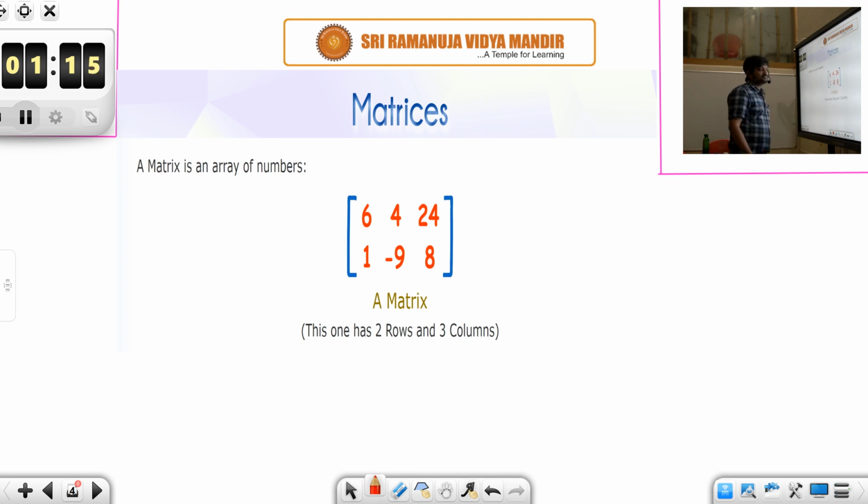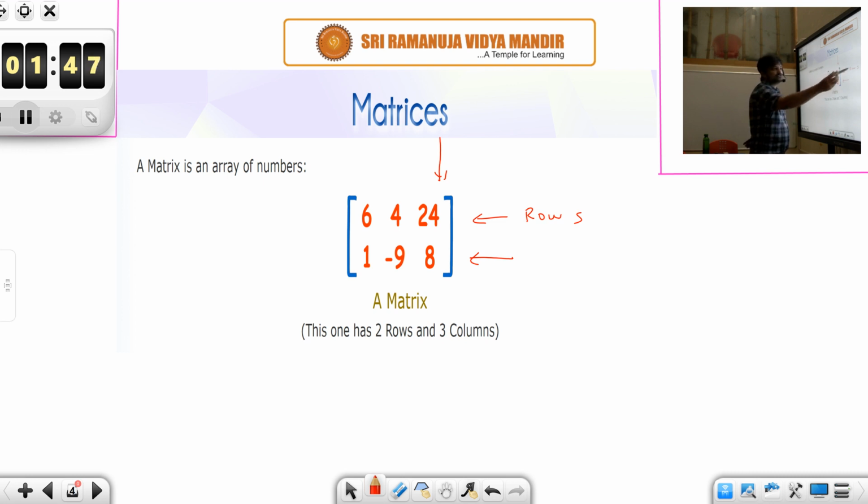Okay, and the way we sit in the classroom, we sit on different benches, right? And benches are placed side by side or one behind the other. Here a matrix is also similar. The horizontal arrangements we'll call the rows of a matrix, and the vertical arrangements we'll call the columns of a matrix. If you look at this matrix, there are two rows.